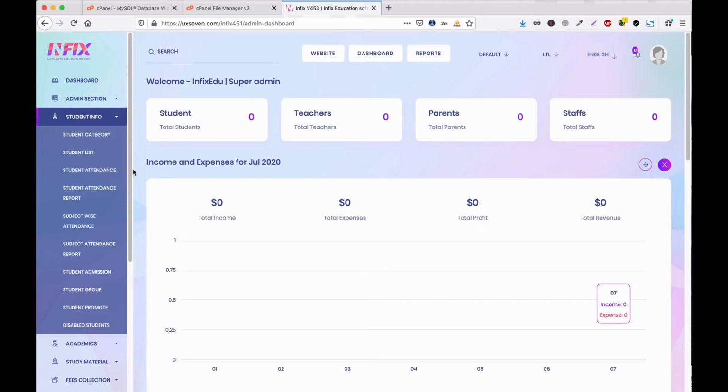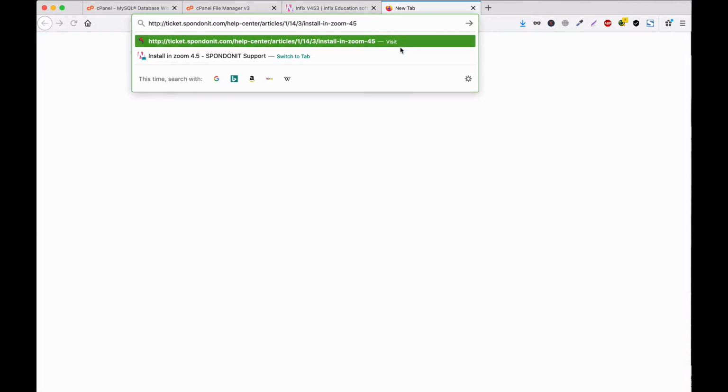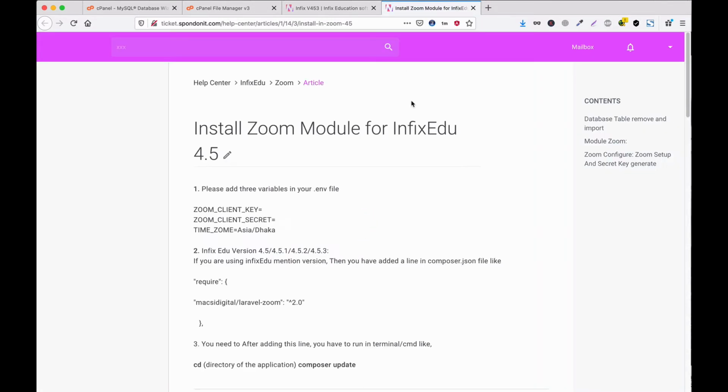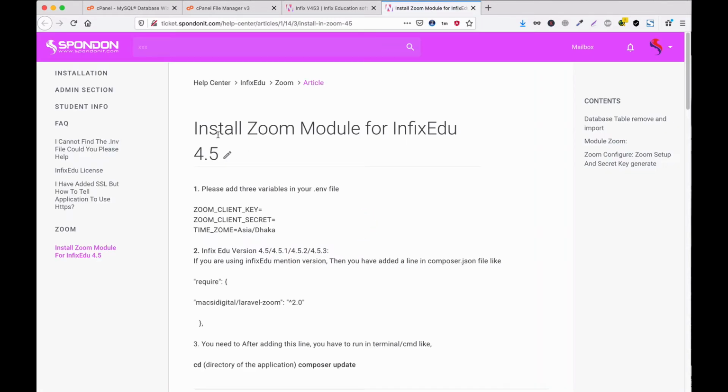Now I want to show you how to activate the Zoom module. So here is the instruction I can show you. In our support, you can go there, you can see the link. Here is the process: step 1, step 2, step 3, you need to do this. You can copy this code